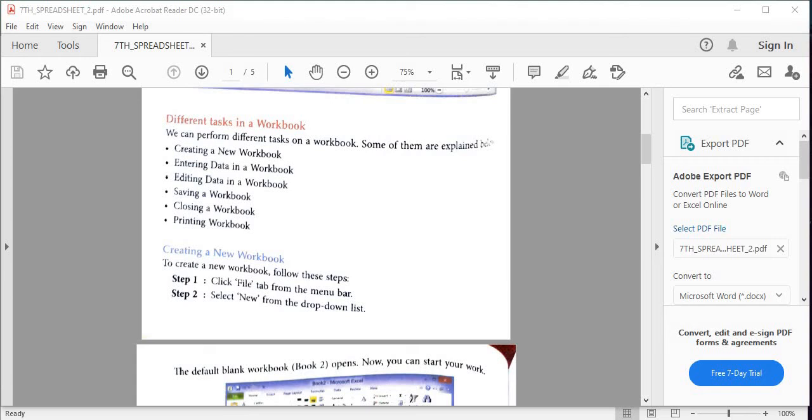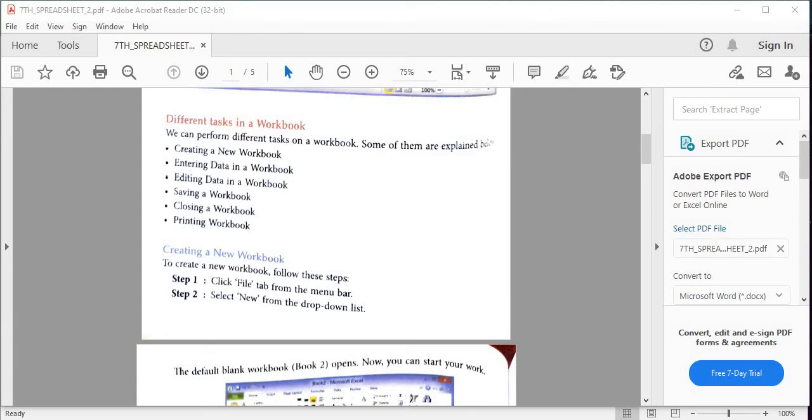Students, today we continue the chapter Introduction to Spreadsheets, MS Excel. And in the last video, I told you why we call MS Excel a spreadsheet, what a workbook is, what a cell is, and how we can identify the cell address. And now we start these topics, and I have already told you how we create a new workbook.